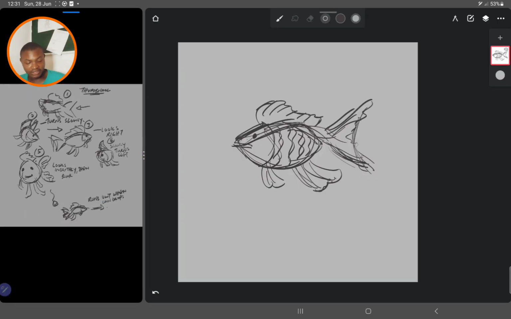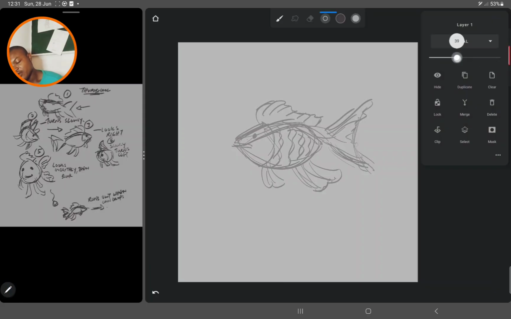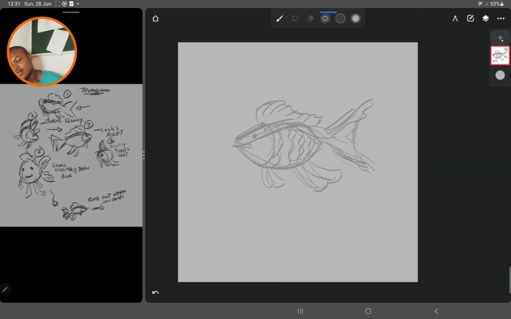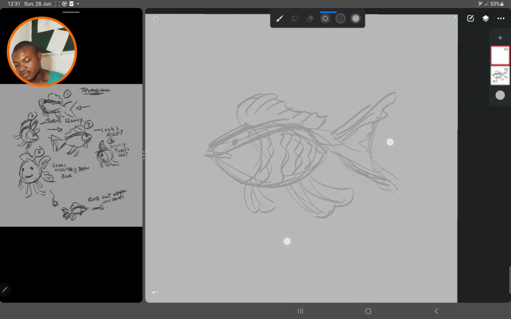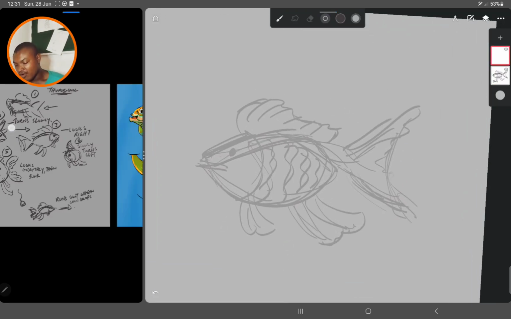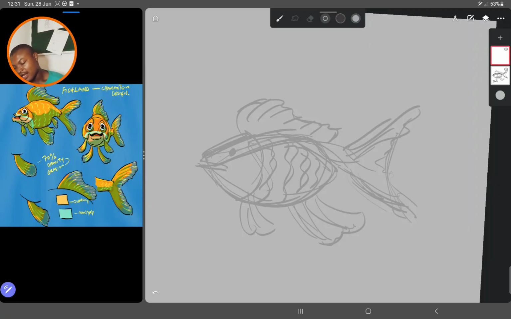I place all the key drawings before going for the breakdown. So when I have something like this, then I lower the opacity, and then I use Infinite Painter, which is not an animation application anymore. Then I come in and clean up